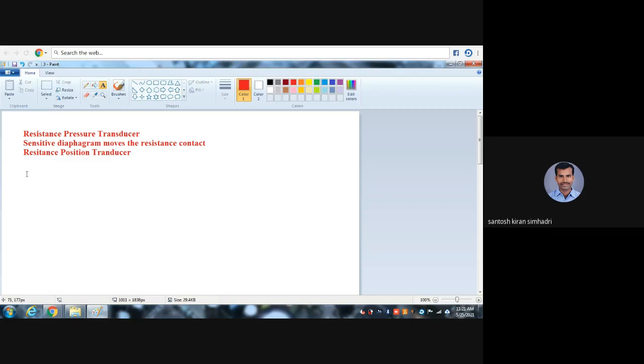How beautiful. All these automations work with only these transducers. Why don't you interlink with real-time examples? There is a wonderful equation: R equals rho L by A, where rho is resistivity, L is length, A is area. If there is any change in length and area, resistance value is varied. Once resistance value is varied, potential difference is also varied. Based on these potential differences, we can take it as an advantage.